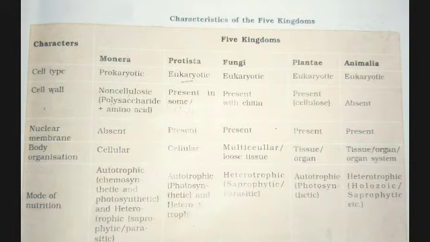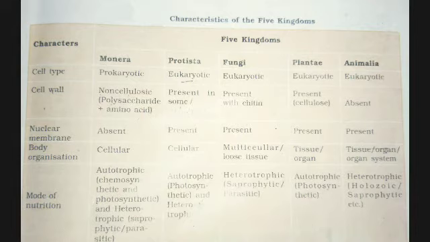The third character of differentiation is body organization. Body organization means whether the organism is multicellular or unicellular. So body organization of Monera is cellular. Cellular means only a single cell carries out all life processes. Fine. Last character is mode of nutrition, right? So they have both autotrophic and heterotrophic modes of nutrition. It means a few organisms from Monera kingdom carry out the autotrophic mode of nutrition, while a few depend upon others and carry out the heterotrophic mode of nutrition, right?